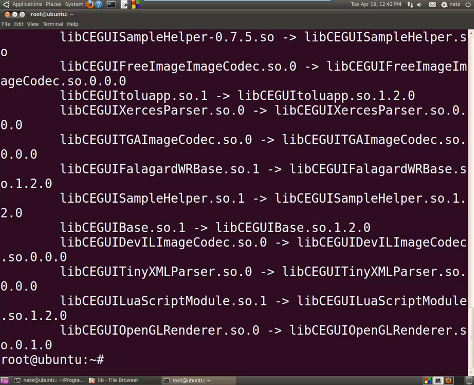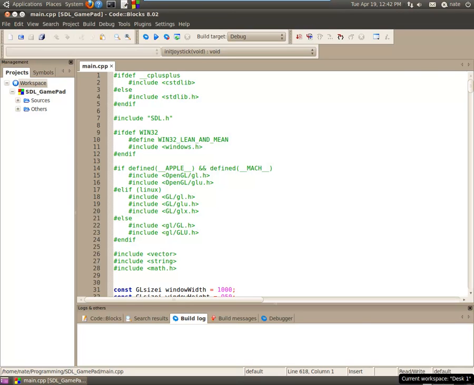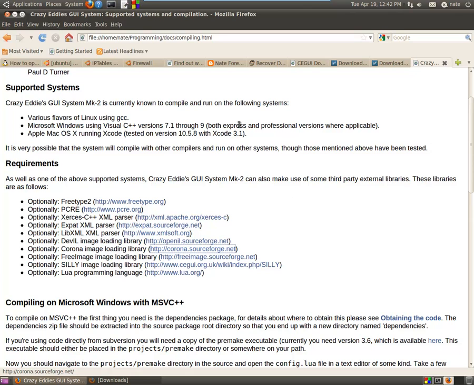But basically with that, that covers how to get Crazy Eddie's GUI set up and working in Linux. It should be a lot of the same process for the Mac also. Especially since there's a new tool I pulled up earlier. There's an actual way of doing this Ubuntu style method of installing applications for the Mac, and if you so desire, you can do that. But with that, you will be set up now, and you should be able to compile your Crazy Eddie GUI system